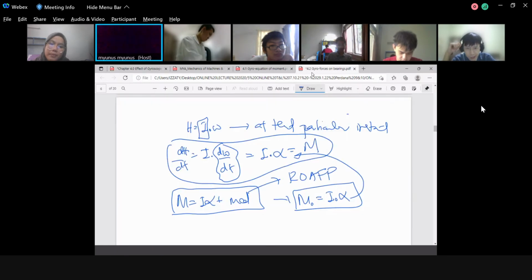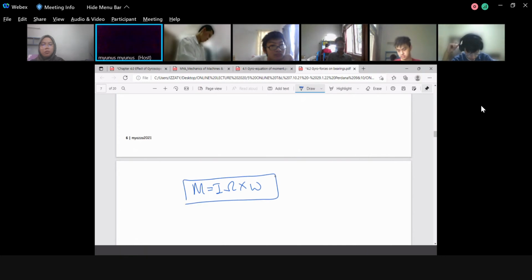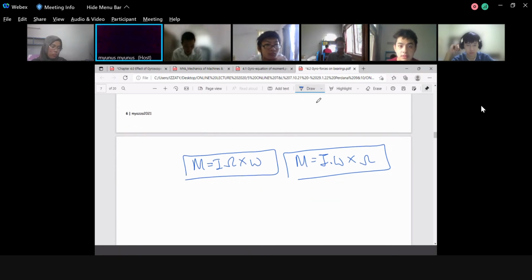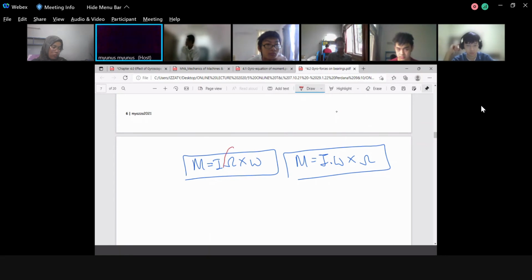Okay, people ask me, sir, most books use this equation: precession cos omega. Other books use this one. In my book I use this one, I dot omega cos. Okay, let me explain before you get confused. Yes, these two equations are basically correct. It is basically correct due to the analogy and also due to the magnitude, vector and direction. The only difference is that some scholars use this one because they are concerned about this.